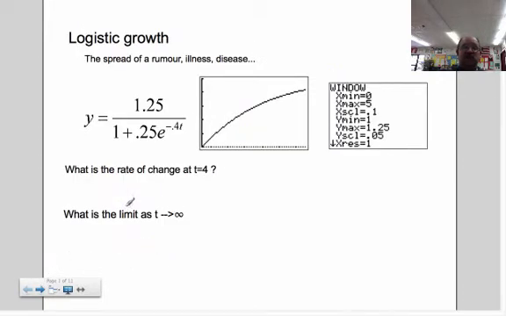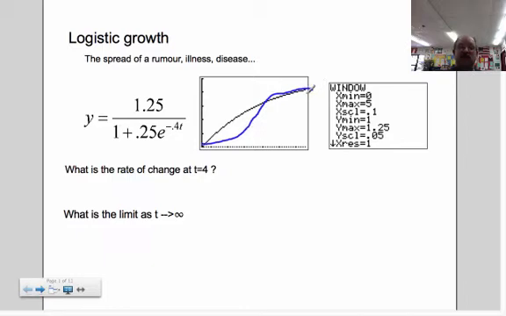There's this thing called logistic growth, and it's the way rumors spread, the way illnesses spread, the way diseases spread. A rumor starts out a little flatter, and then it kind of goes like this, and then it levels off. If there's a rumor going around, a couple people hear it, and then suddenly it hits a crescendo where everybody's talking about it, and then it gets to the point where everybody's heard it and it levels off. Or with a sickness, flu or something going around, a few people get it, a few people get it, and then suddenly it spreads like wildfire, and then eventually it levels off